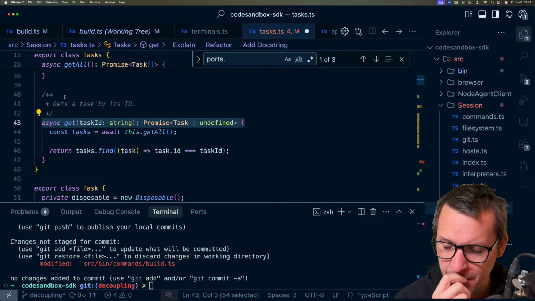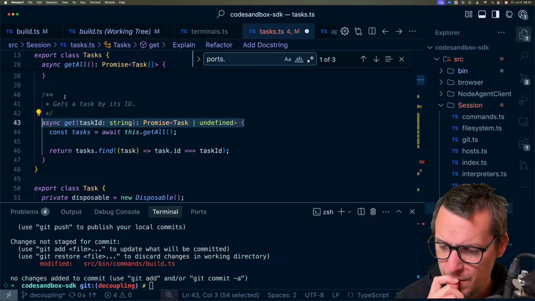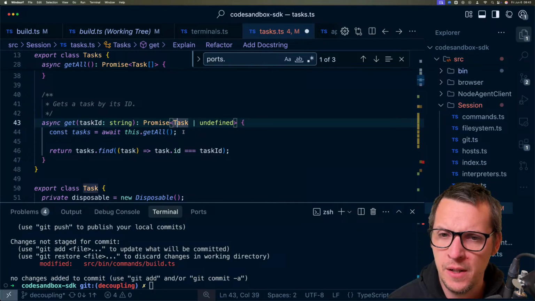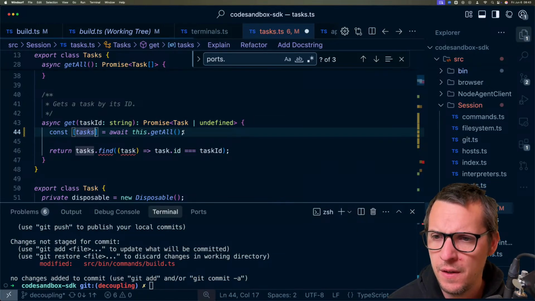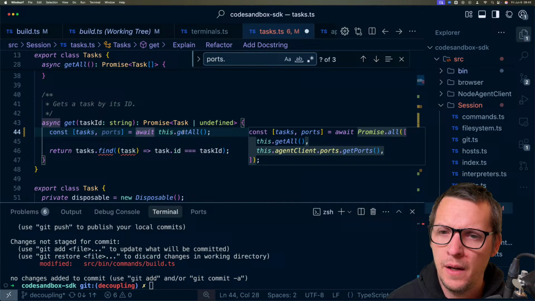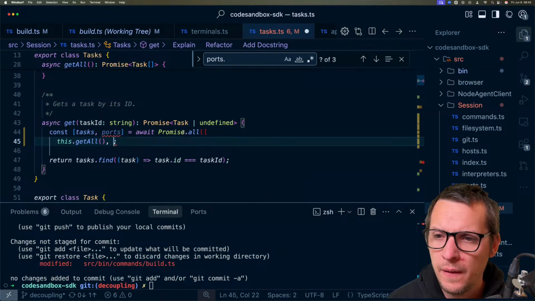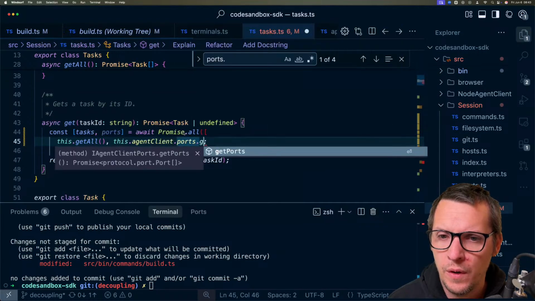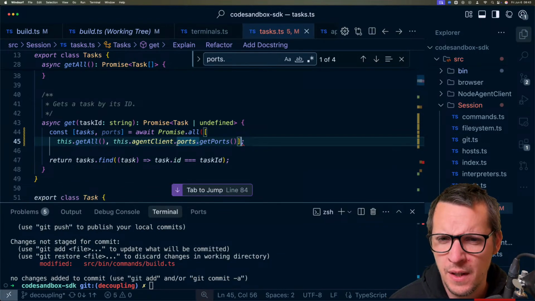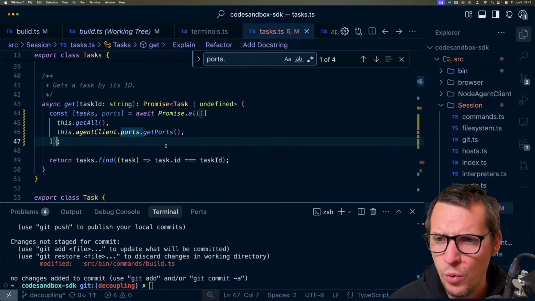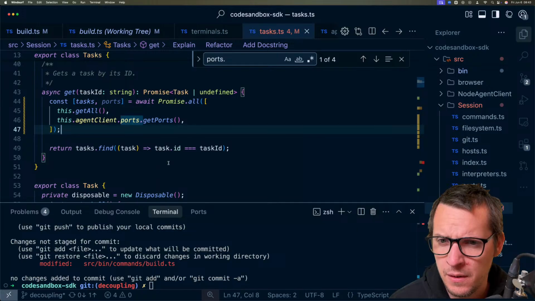So whenever we grab a task, should we then go and grab all the ports? We kind of have to. We need to know what ports are available, but we can actually go and grab them at the same time. So we can say tasks, ports, and we're gonna await promise.all, and then this.agent client.ports, get ports. Okay, so now we have the ports and we have the tasks. So what we can do now is,